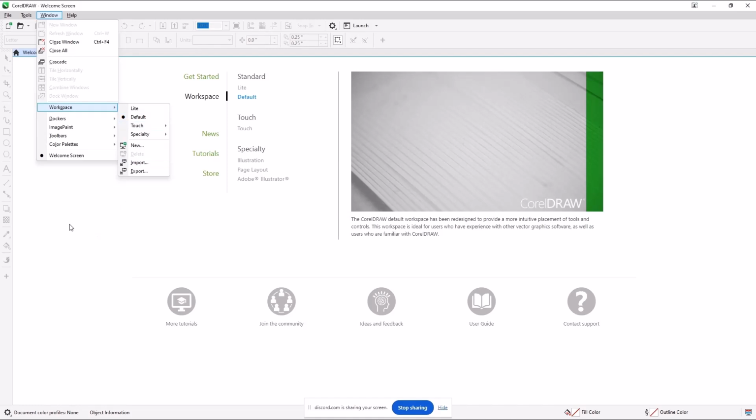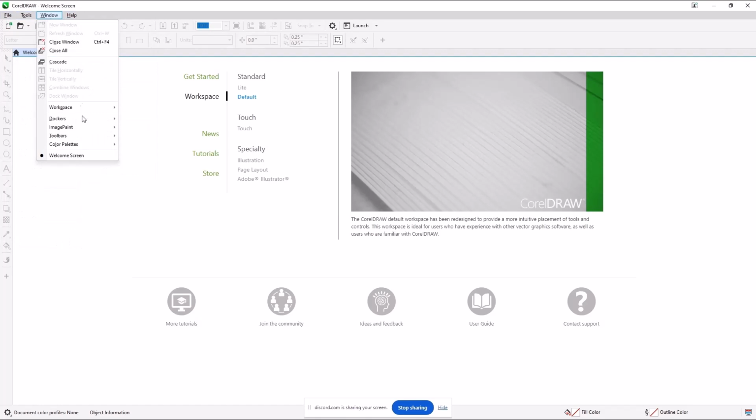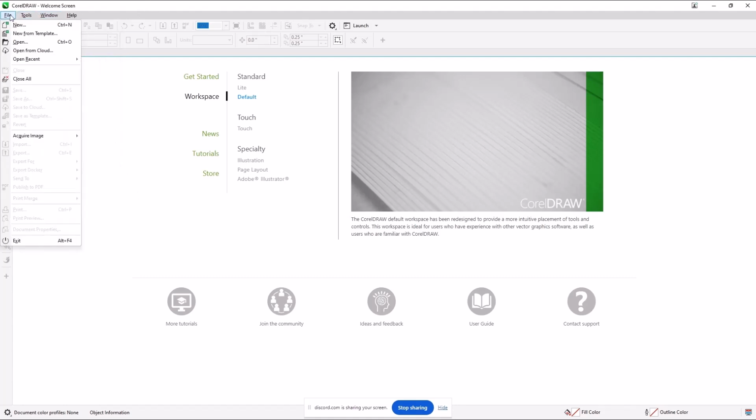So we'll go ahead and launch into the file itself right now. The other thing you'll notice on the window here is I already have Image Paint installed, but I do not have it selected, so it won't load when I first go into CorelDRAW. And part of that is just as planned for the presentation. I want to make sure you understood where things are.